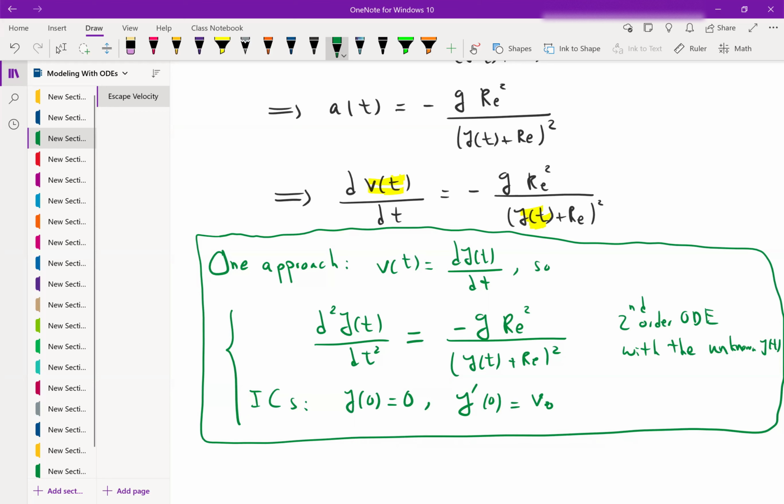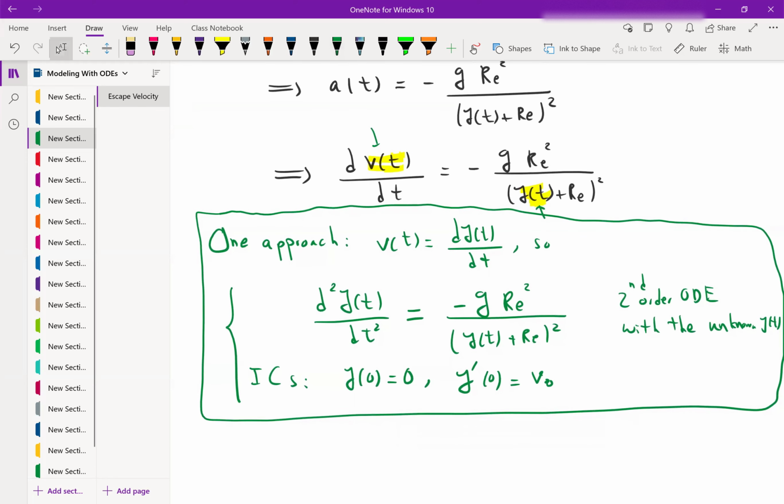The problem I have is that here I have both v and y in my equation, and I would like to have an equation that only has v in it. And to do that, I'm gonna do something clever. What I will do is as follows. So second approach, which is very clever, second approach,